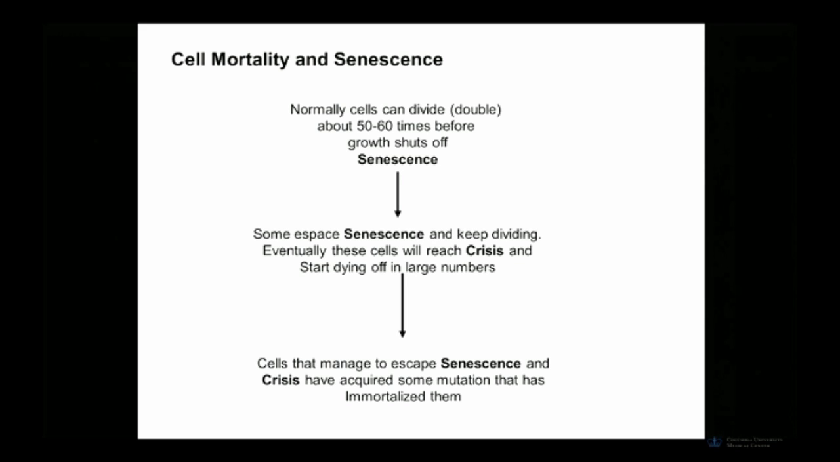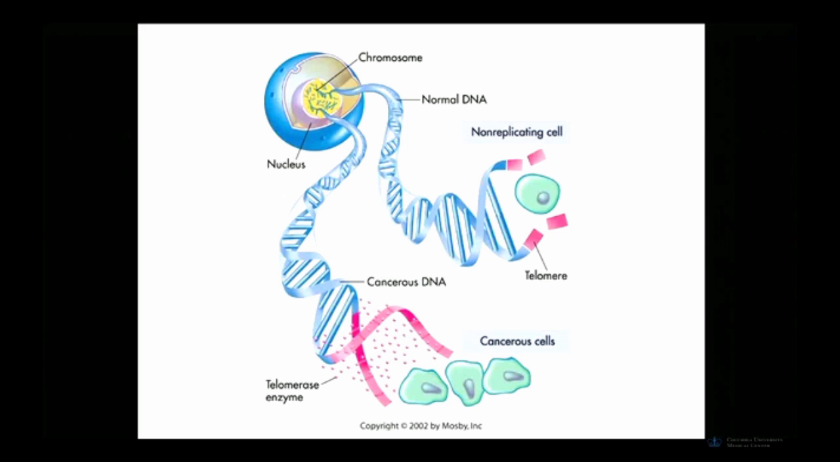So one mechanism of getting immortalized is a cell's ability to overexpress telomerase. So if the gene that codes for telomerase is mutated in a way that causes overexpression,